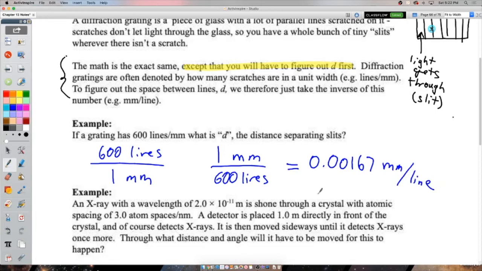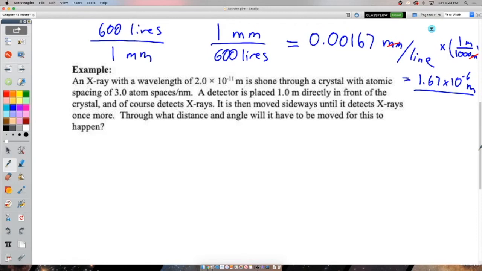Be careful though. For standard units, we're going to want meters for this. So times 1 meter is the same thing as 1,000 millimeters, and you end up with 1.67 times 10 to the negative 6 meters as the spacing between each line, or D. Okay, so an X-ray with a wavelength of 2 times 10 to the negative 11 meters, definitely an